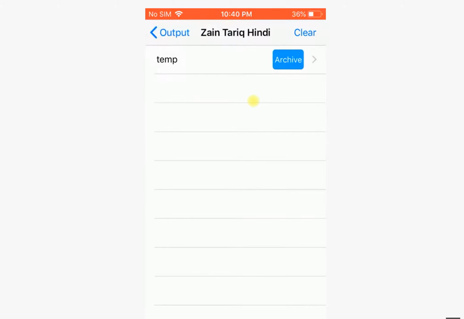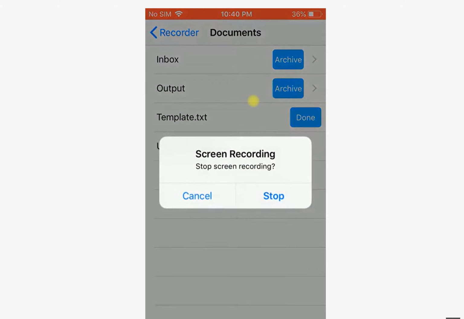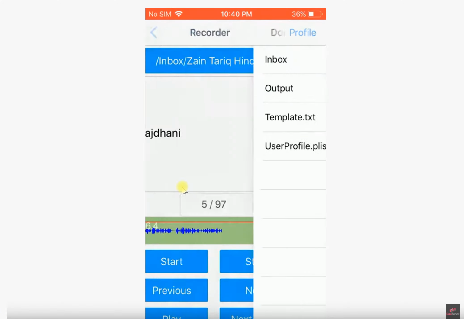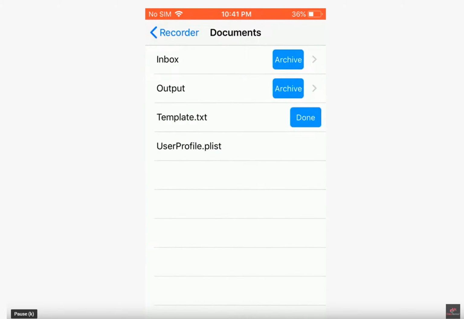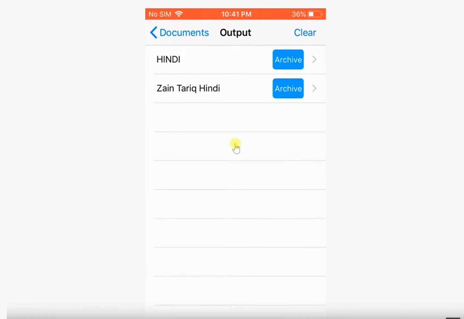Then just go back. You don't really need to go into that. You just need to click on the archive button, and it will automatically give you the option to upload it to your Google Drive. So once you click archive,